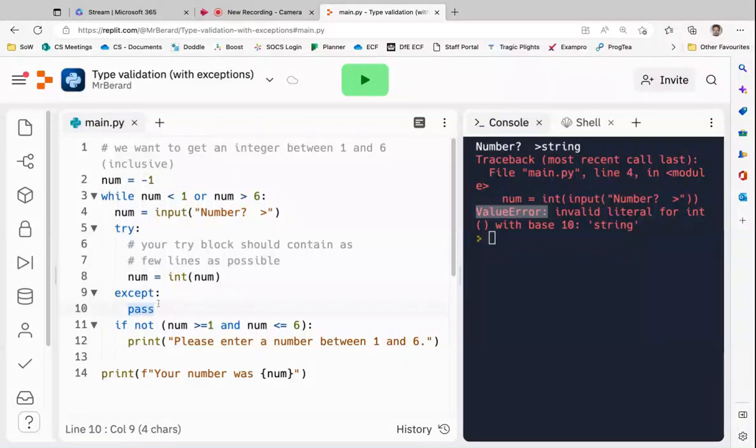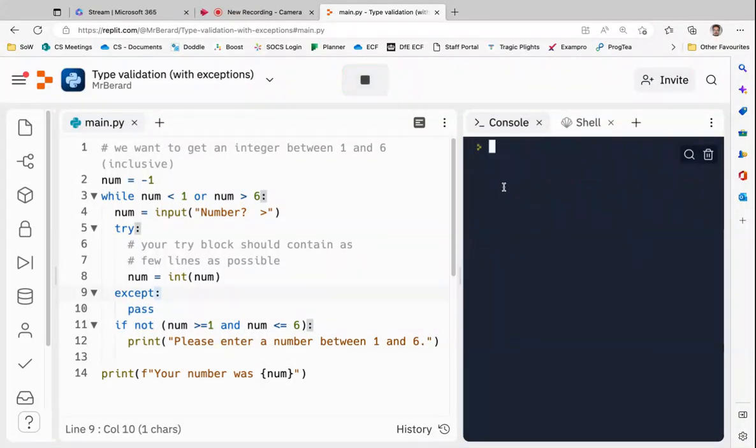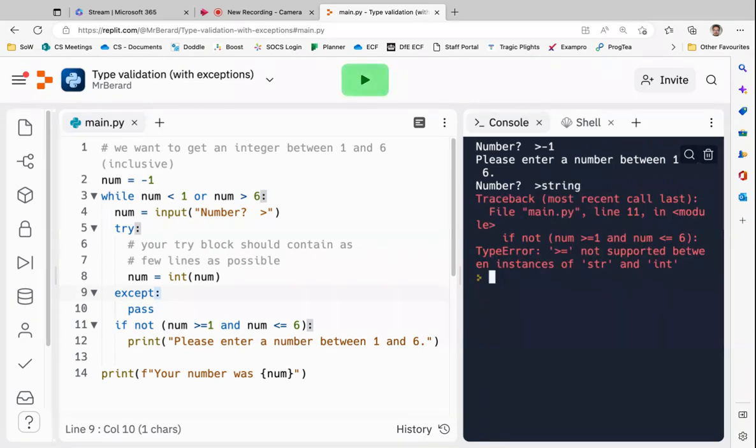And here, what's happened? Well, except pass should work, in that if the value, well, let's just try it. Number 1 will work, obviously. -1 will give me the error message, and if I say string, so we then have this problem that because we've done it in two bits, we have this. If I actually put this back in here,